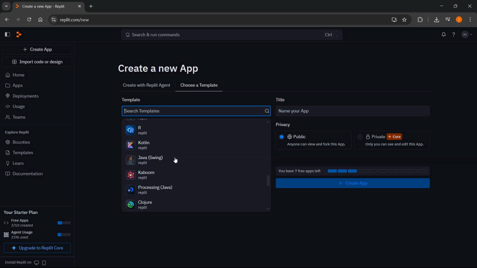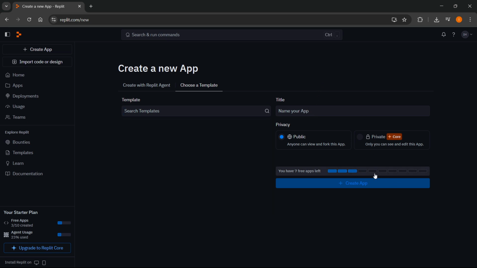There's a bunch of different templates, and of course, once you select this, you can name the app, make it public or private, and then you can create it just like this. So that's how to create a Repl in